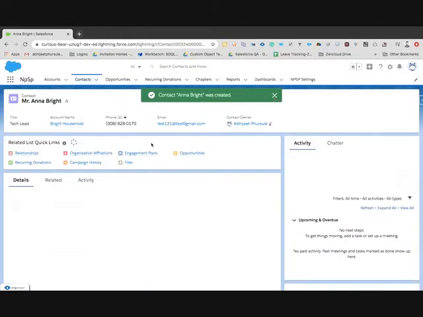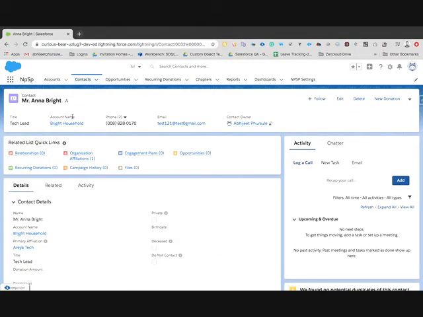It will create a new contact record with the account and organization affiliation record.